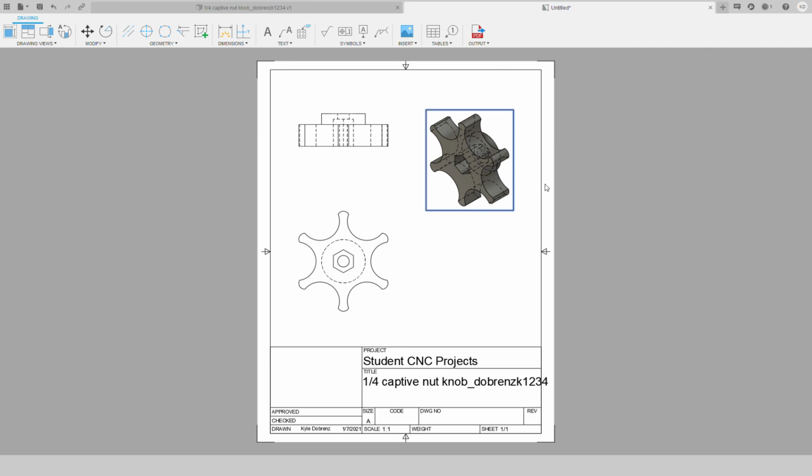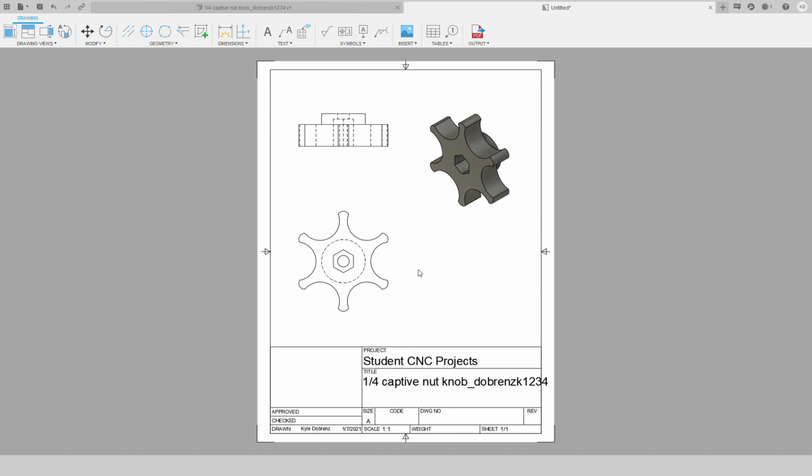Shaded with hidden edges looks even worse. So I'm just going to leave it shaded. To me, this looks very, very realistic. And this is going to help me glance at it and say, okay, I have a better idea of what this drawing is showing me by looking at this 3/4 isometric view of what it should look like,